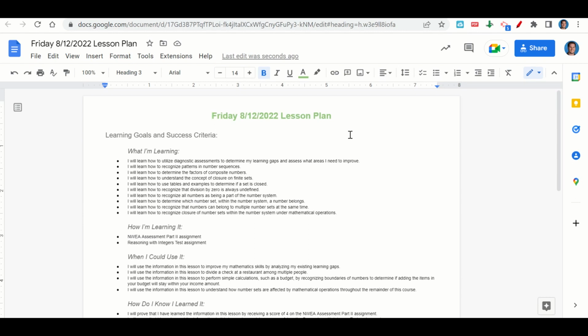how to recognize patterns in number sequences, how to determine the factors of composite numbers, how to understand the concept of closure on finite sets, how to use tables and examples to determine if a set is closed, how to recognize that division by zero is always undefined,